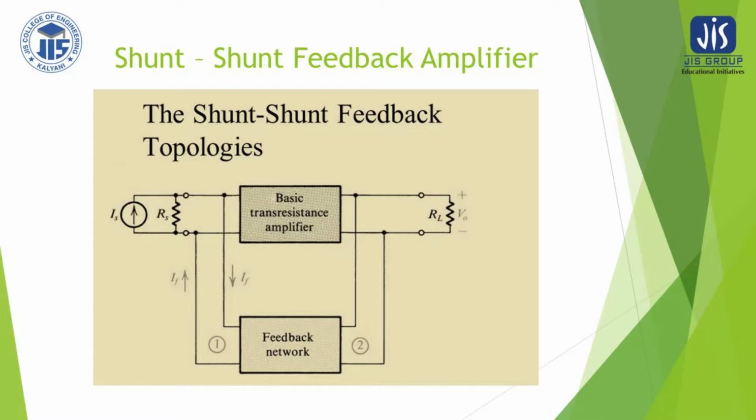So here what we can write, a current division rule, that is what is the amount of current flowing here, that we can write easily, and better you can write a KCL also here. We can write a KCL at this node. So therefore you are getting Is equal to Ii plus If. So what is your If? That's beta V0.